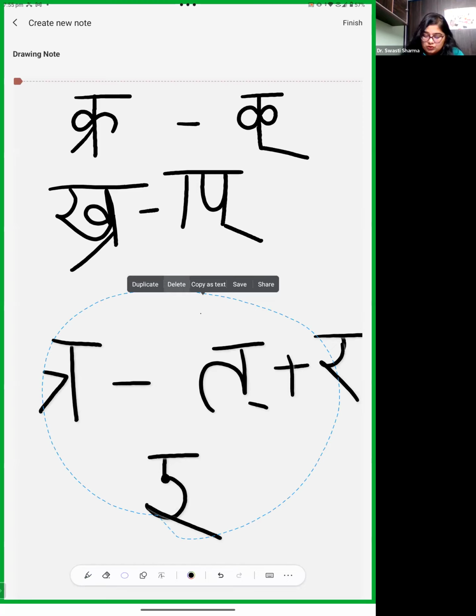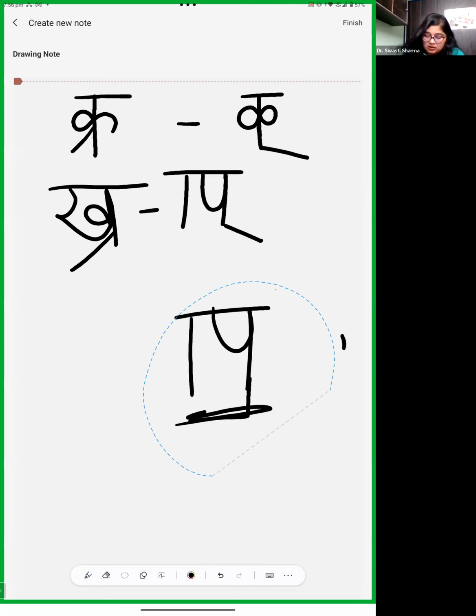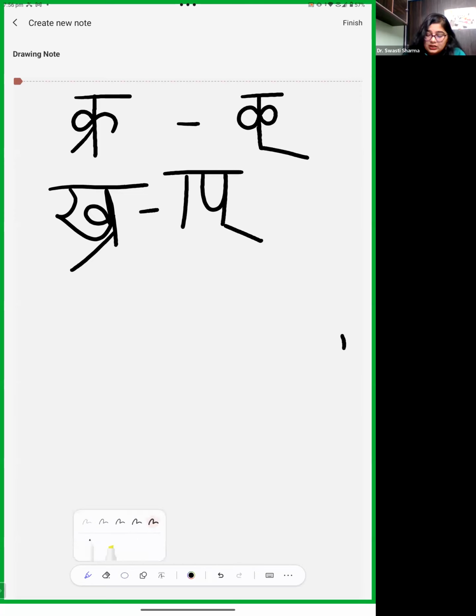Okay, but if we are talking about the Khu, it will be like this. Okay, if the line is going in the left side, then it will be Khu, the matra of Khu, and it will be the Dirgha Khu, the bigger one. Okay, but if it is going in the right side, then this matra indicates the Ra, complete Ra. Okay, so as we write the Shra, Shri Ganeshaya Namaha, so it happens. Shra, Sh.